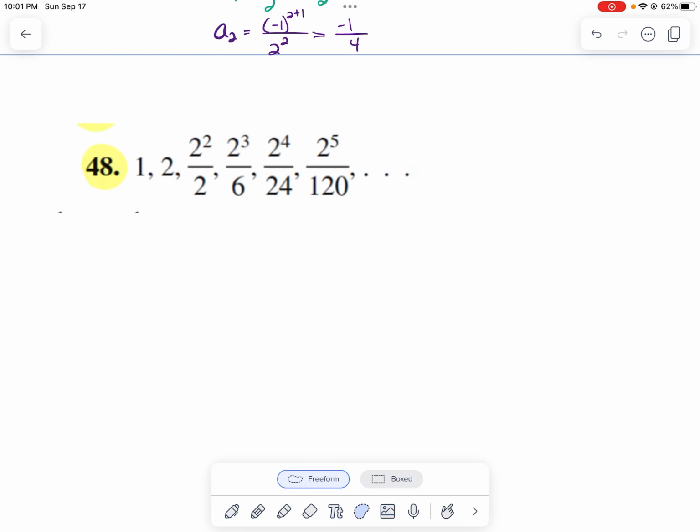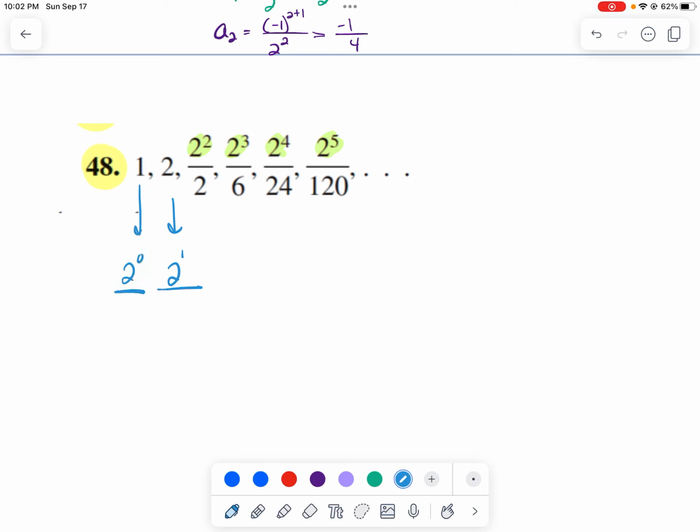Okay, so in 48, you notice that the first two terms here look different than the rest of them. But I always am going to try and put them in the same format before I decide on something that is going to cause a pattern. Before I start to look for the pattern, I'm going to put them in the same format. So the fact that the first two aren't fractions, but I noticed the rest of these all have 2 to some power, I'm going to just keep going with that pattern, but go to the left instead. So I'm going to make this 2 to the first power over something, and this 2 to the 0th power